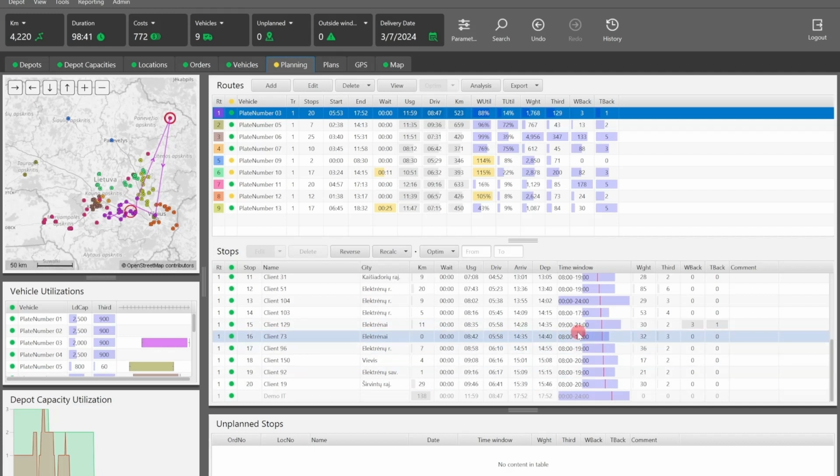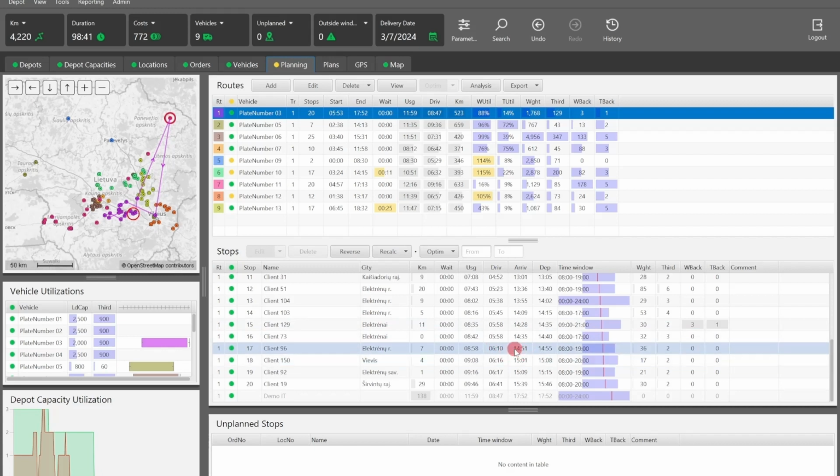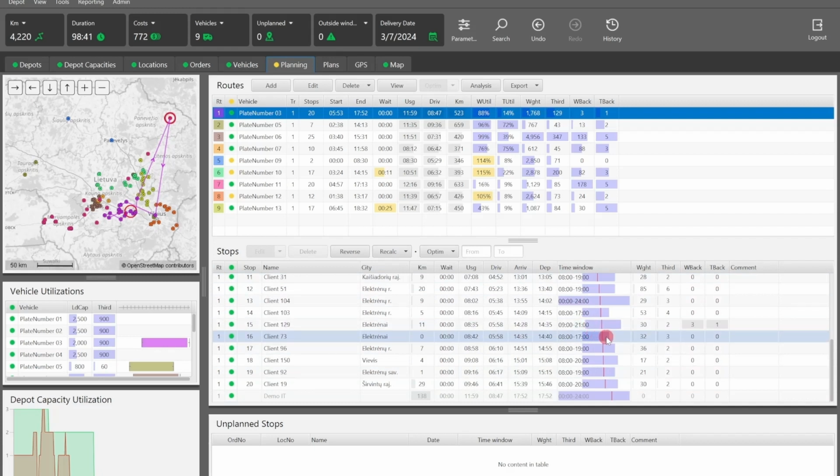As you can see, for each delivery point, the time of arrival at it, the duration of unloading is taken into account, and the time of departure is also known. Visually, here we see time windows and a red line which visualizes the time at which the car will be in the delivery point. The wider this red line is, the more time the car spends at the delivery point. In this example, we see that when shipping an order weighing 21 kilograms, the vehicle spends about 6 minutes at